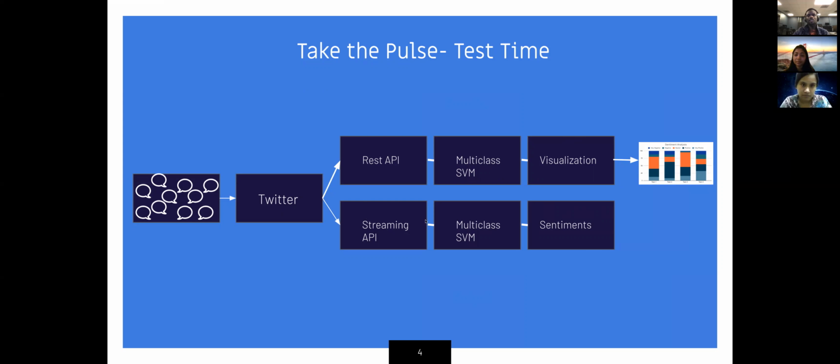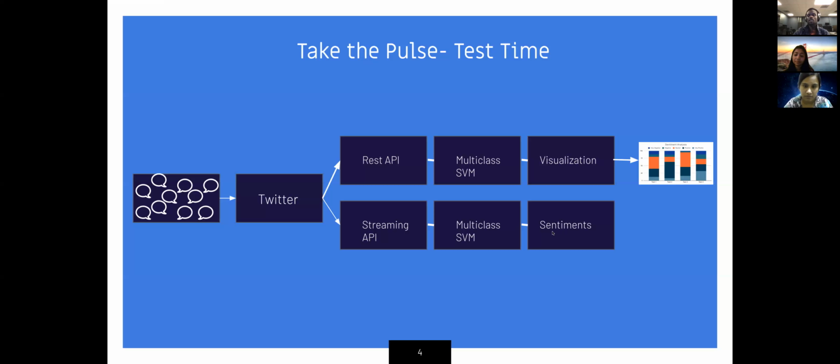Whereas with the streaming API, we connect to a socket on the Twitter end, and we get tweets as they're coming in live. For both of these, we get the tweets and then pass them through a multi-label classifier that's built on SVMs. For the REST API, we would have about 2,000 tweets, and after we pass them through the classifier, we get sentiments along the 5 classes that we just talked about, and we plot this on a graph through visualization tools. On the other hand, for the streaming API, we just pass the sentiment of the individual tweets that we received